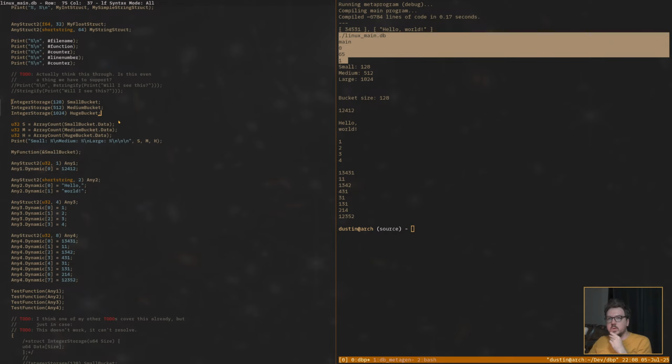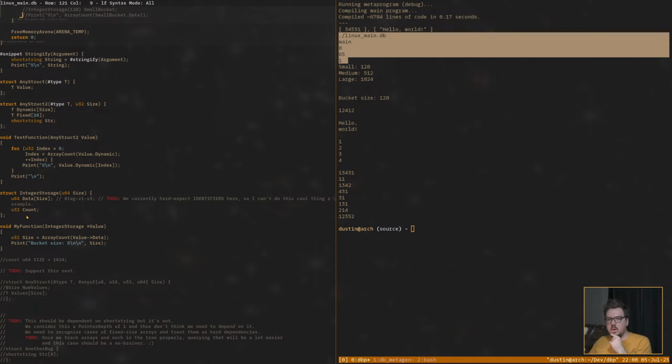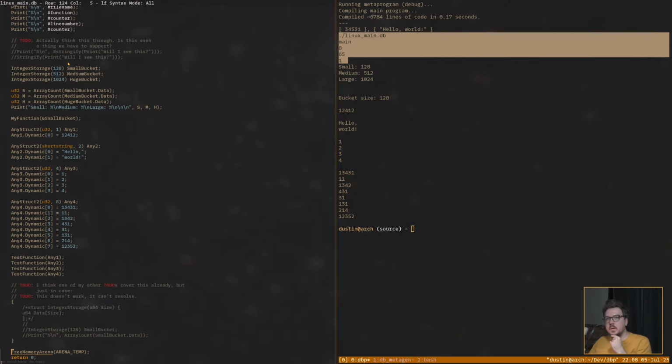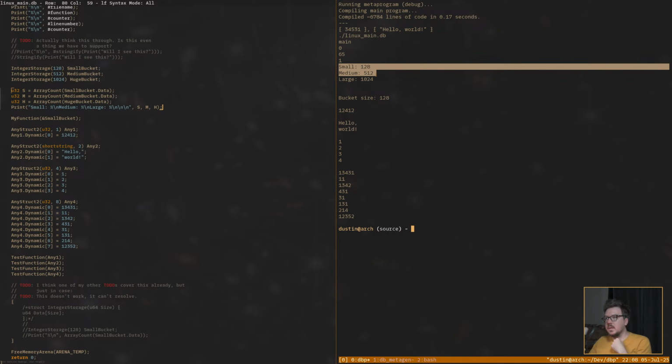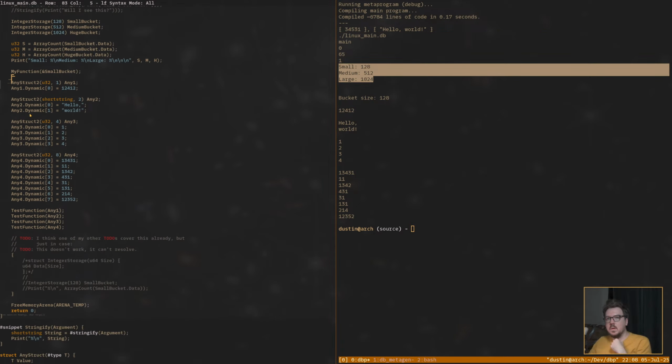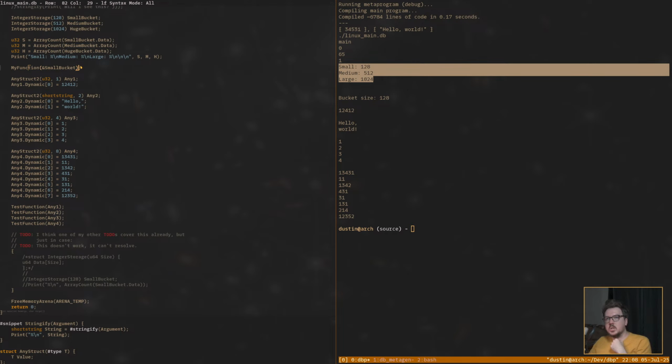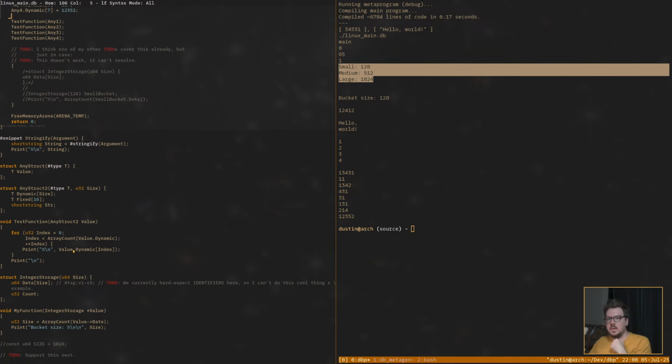Here we have integer storages, which are these things. They're just showing that you can make the array size when you call it. So we have one with 128, 512, 1024, small, medium, large. We have this helper macro that just gets the size of a static array, so we can show that we can grab them statically. Cool. We call my function passing it the small bucket.